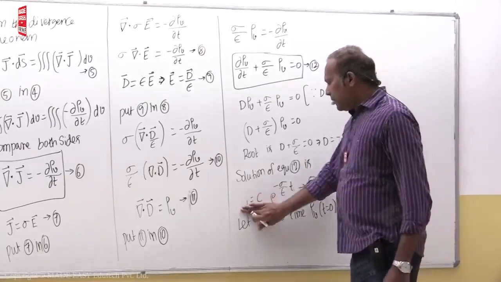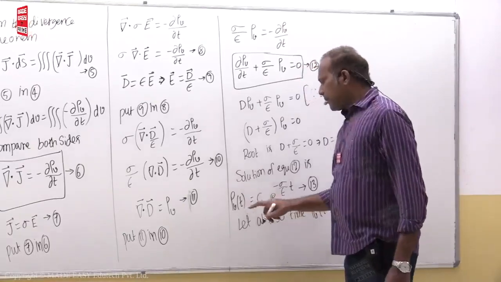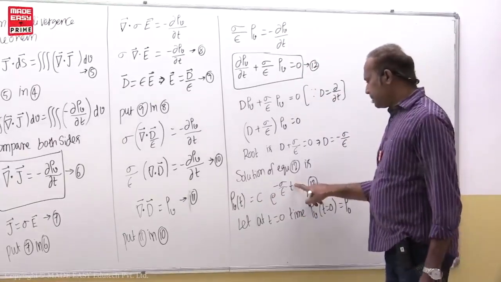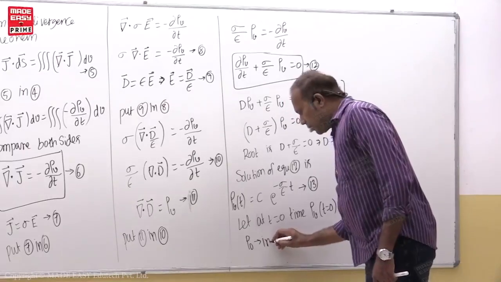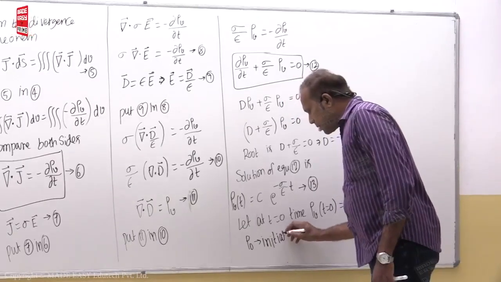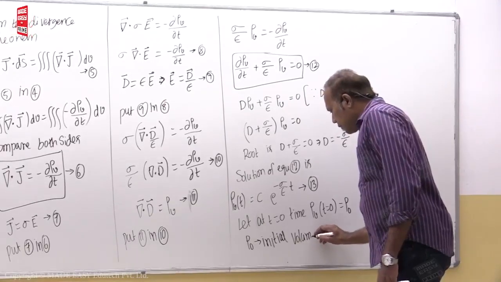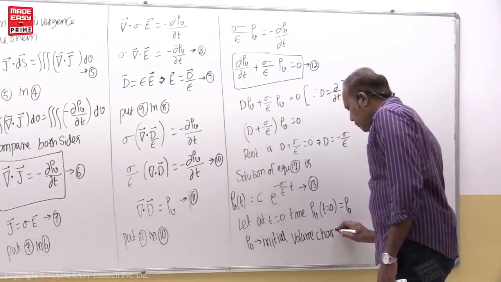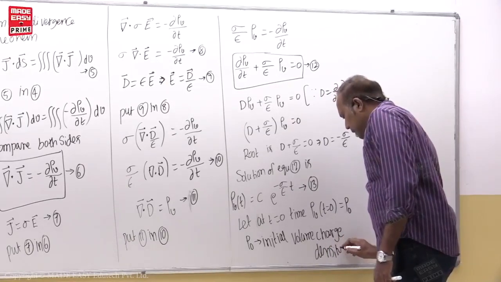So actually this is the solution of rho v, and it is a function of time here. So here rho naught is the initial, that means starting time, initial volume charge density,